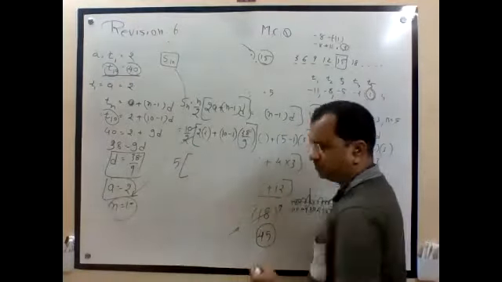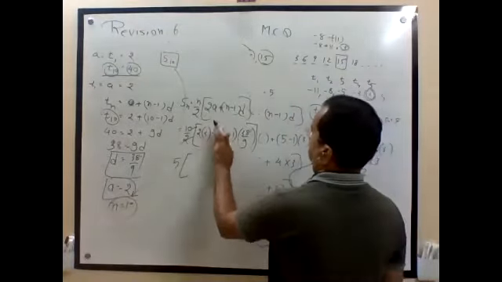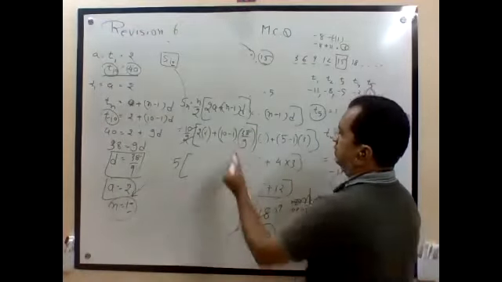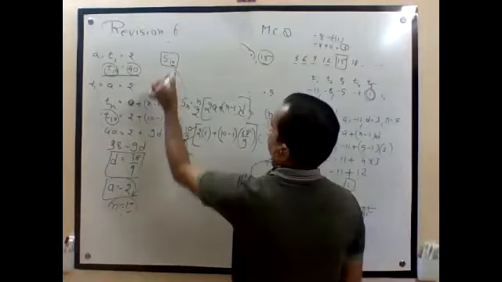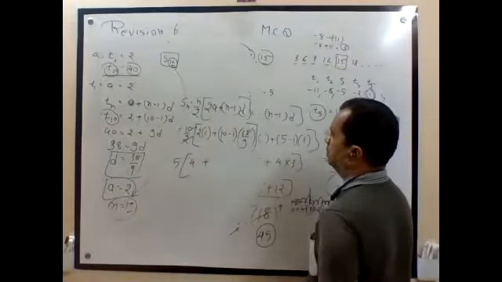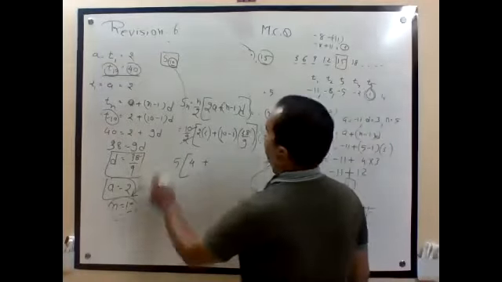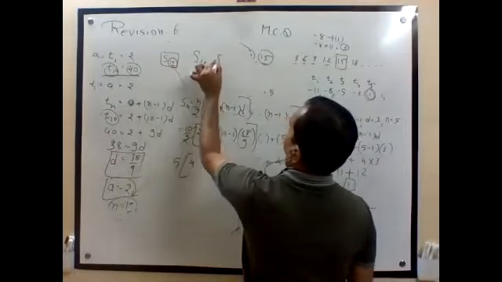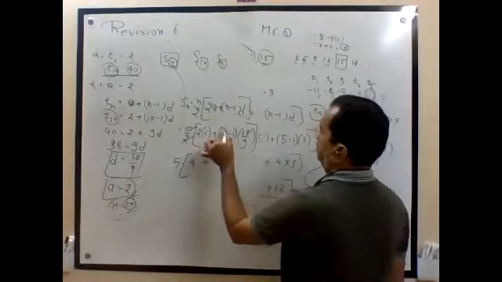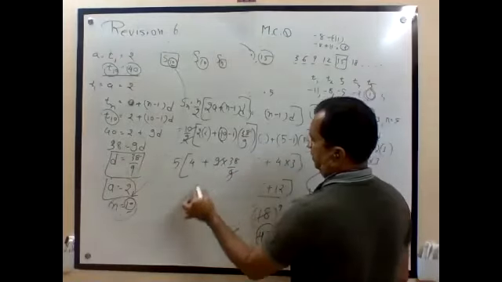Sir, how will n be 1? Is that 1 or 10? No, this is 10. n is equal to 10 because we want S10. No, this is 1, this is 10. This is 10 because we want S10 and Sn, so n is equal to 10. 10 minus 1 is equal to 9. 38 by 9, 9 cancelled.